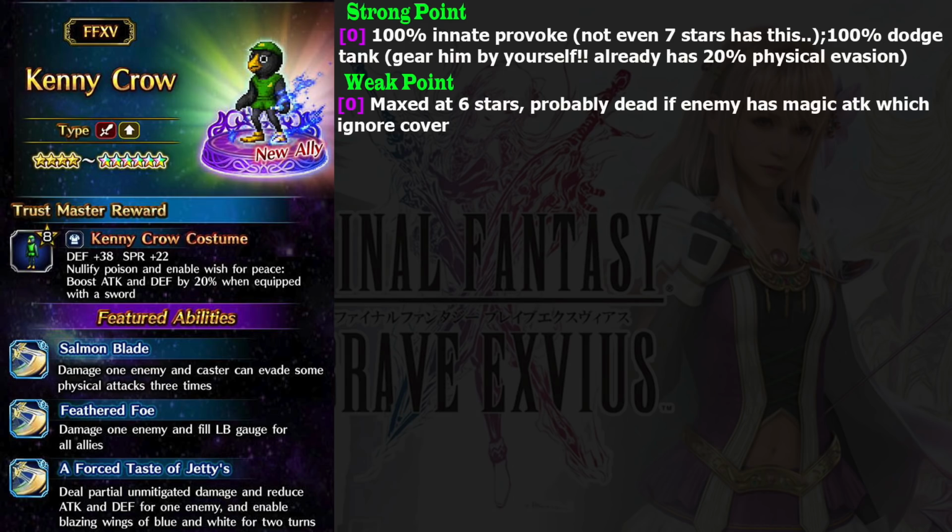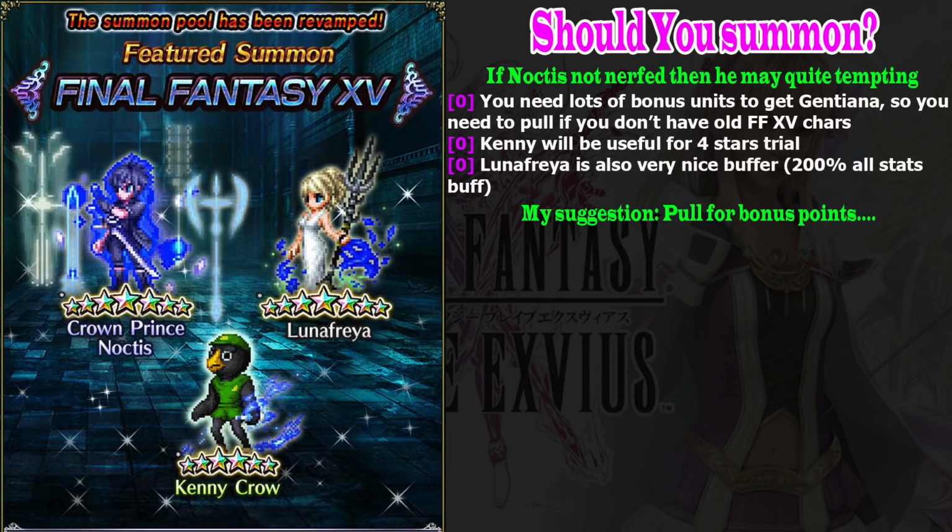Okay, now should you summon? So Noctis is just another DPS character. I know you may be getting tired of hearing me say that. Okay, don't pull too much for DPS because they are easily power creeped, but the thing I want to say is yes, he is absolutely powerful, and Luna Freya is a really nice buffer, and a buffer is kind of important today. So if you don't have a decent buffer, you may want to pull for Luna Freya, but for me, I have Sylvie, I have Mira, I have enhanced Ignis, so maybe I will skip this banner because the step up